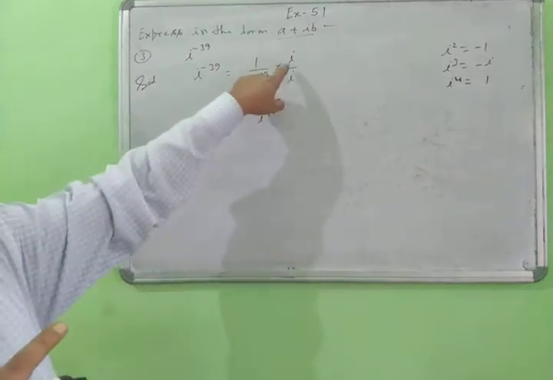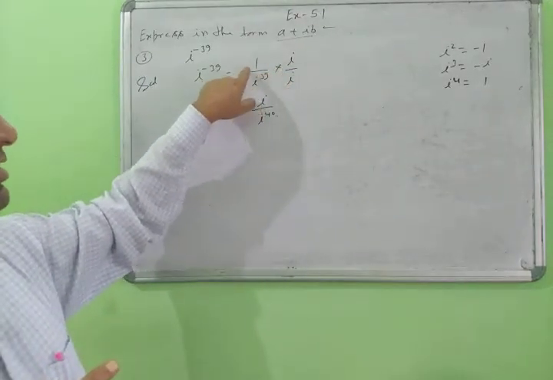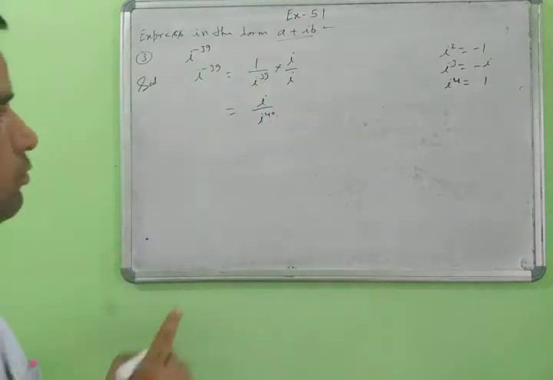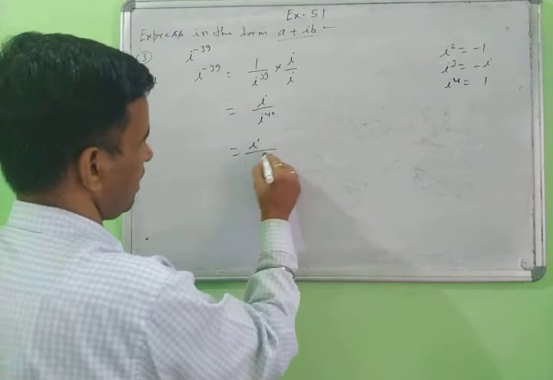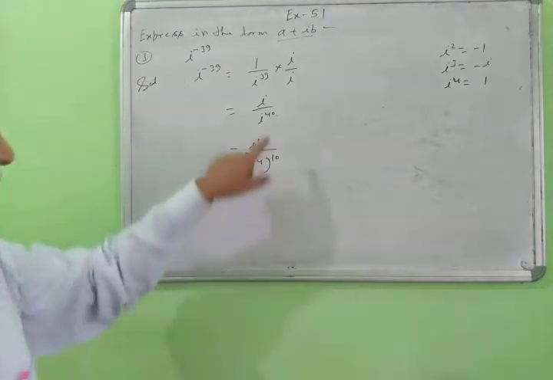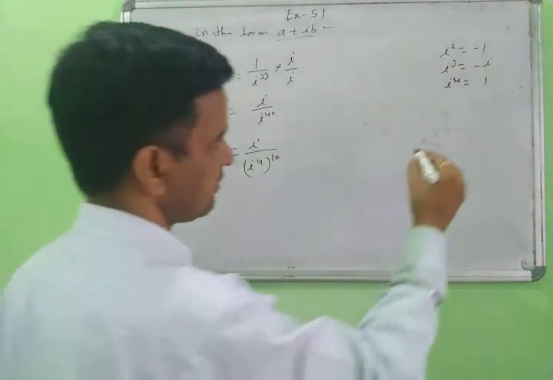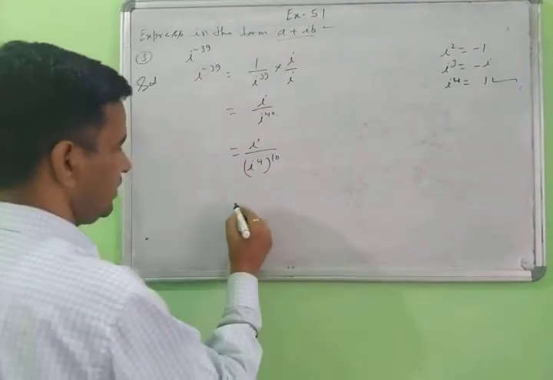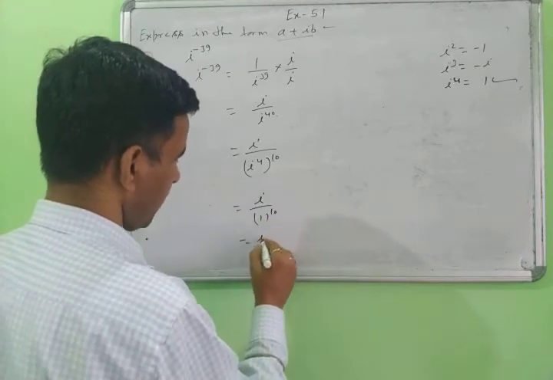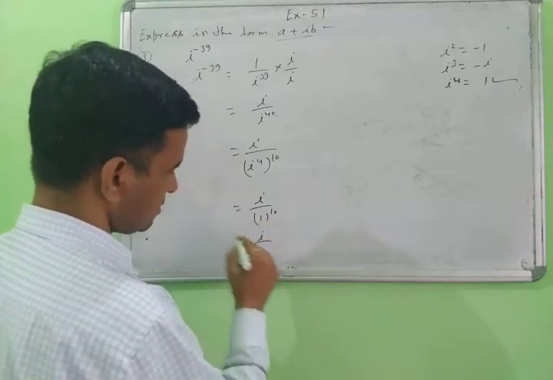Iota, when you multiply the numerator and denominator by iota, this converts into iota. Iota times 1 is iota, iota plus 39 is 40. Then again iota and iota 4 into 10. Factor of the 40, 10 4 is 40. Our value of iota 4 is 1. Then you write here iota upon 1 power 10. What will iota upon 10 mean? 1.